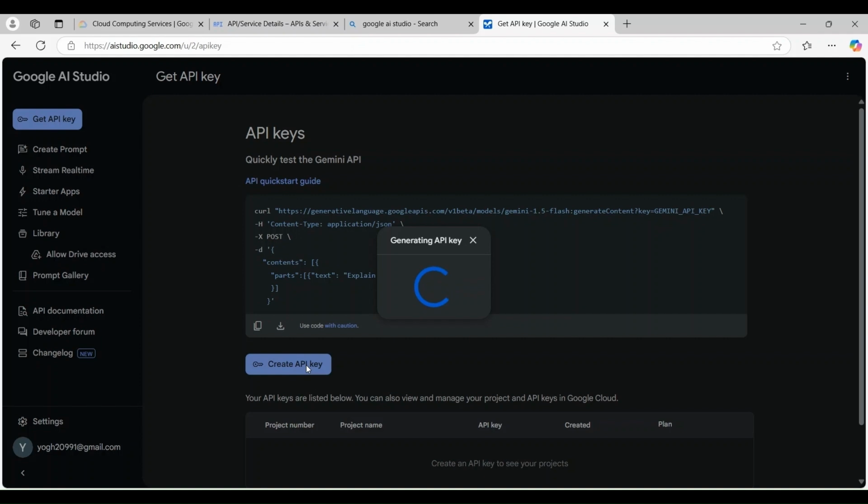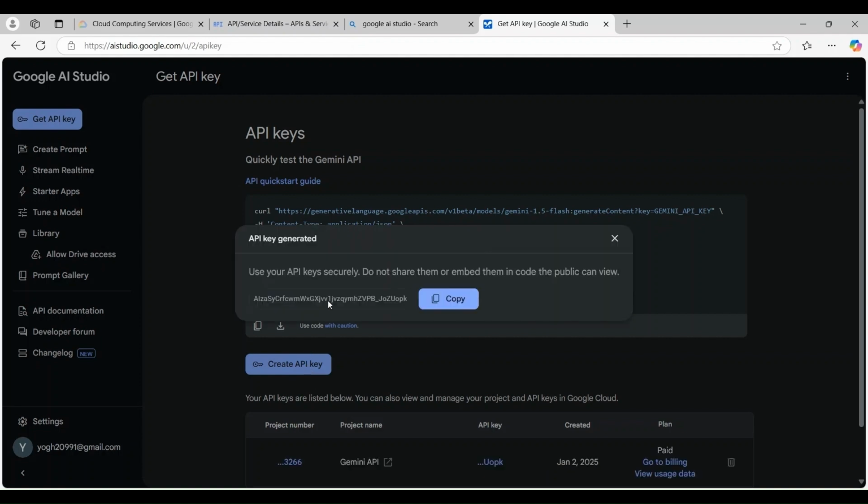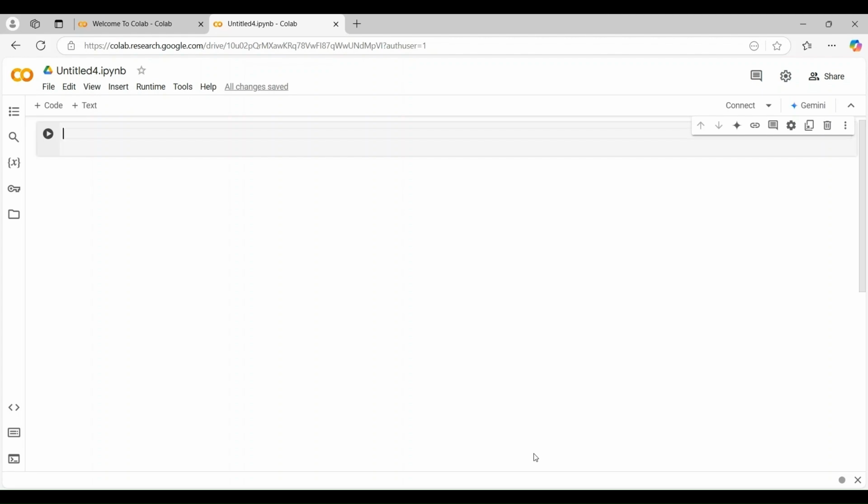And it is generating the API key now. All right. So it has generated the API key. So we are copying this key and we will store it in a safe place to use it in our code later. Now, for step number three, to try out whether we are able to access the Gemini model using